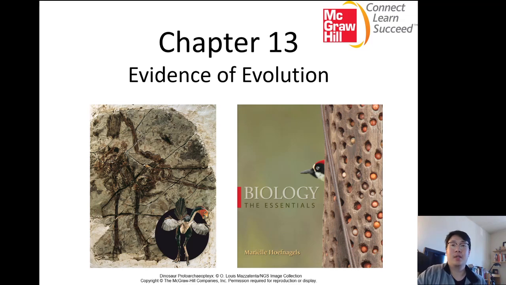Now, last time we talked about chapter 12, which is all about what causes evolution to happen. What are the forces? Genetic drift. It could be the environment. It could be different proteins that are being exhibited in an organism through some random mutation. It could be any one of those.